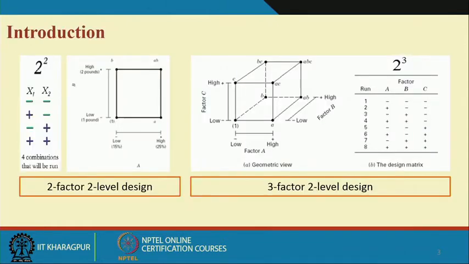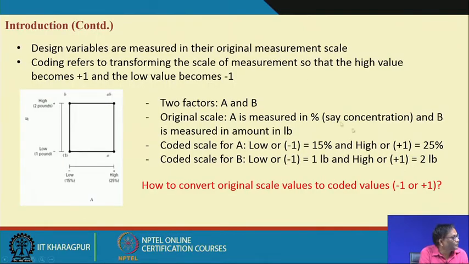So, you can recollect this kind of diagram, the geometric view of the design matrix. This is for the 2 factor case, this is the 3 factor case, and for the 2 factor case, this is the minus 1 plus 1 scheme, and the 3 factor case will be the 2 cubed design. These are all known to you by this time. And original to coded variable and the reverse one, we will discuss with reference to 2 factors, and please